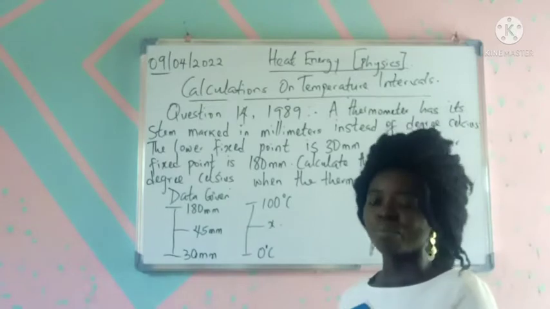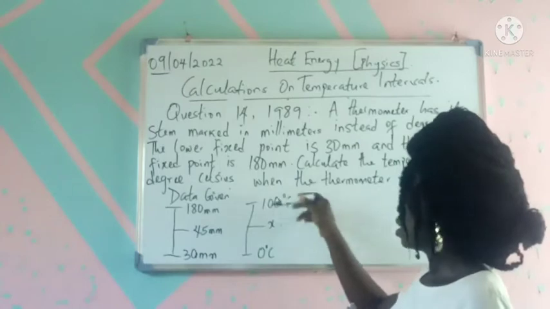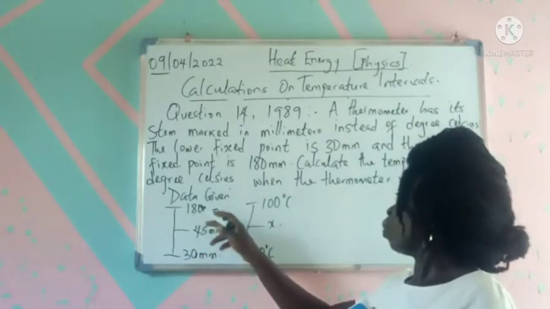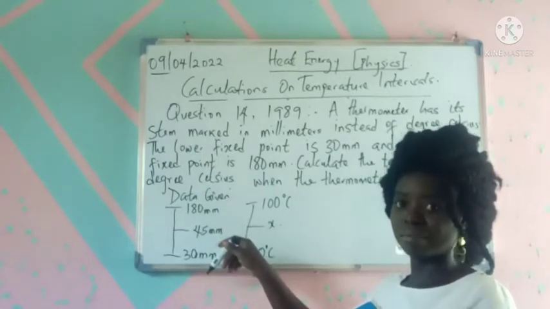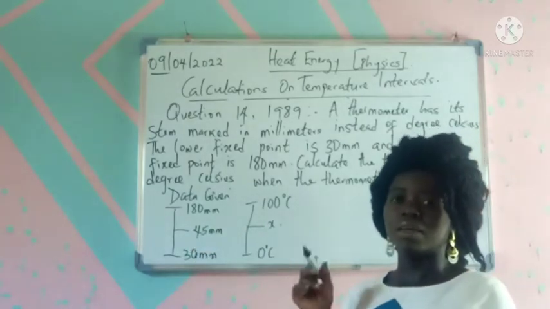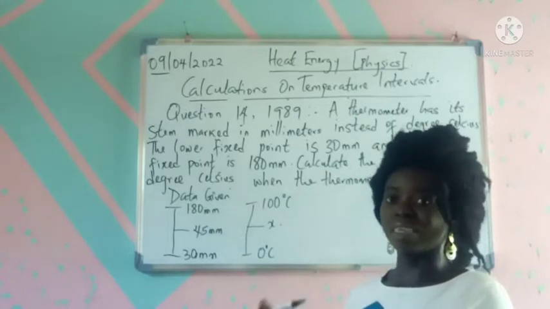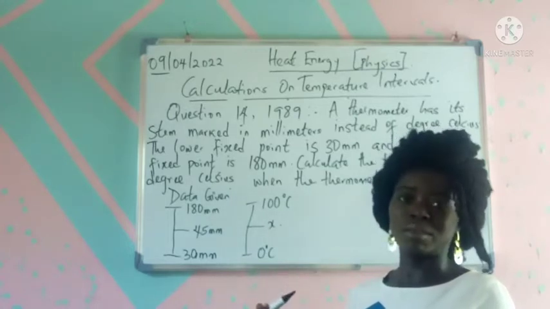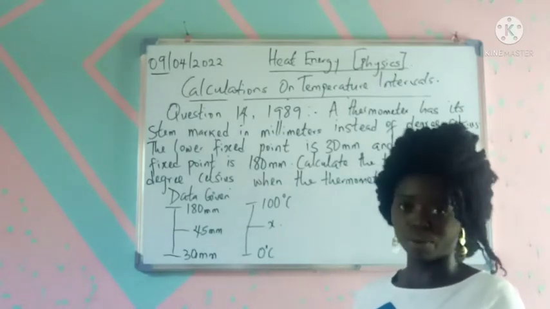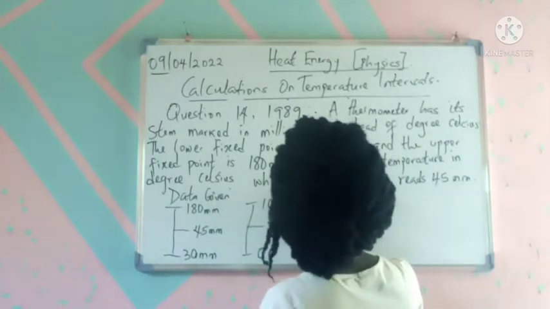Please take note. If the question had given us everything in degrees Celsius and we are finding what the corresponding temperature would be on this thermometer that is marked in millimeters, our value of x would be placed differently. So your ability to correctly interpret the data you are given, interpret your question, is going to go a long way to determine whether you are going to be right in your calculation or you will be wrong. So for this one, I'm going to now write, our formula is upper fixed point